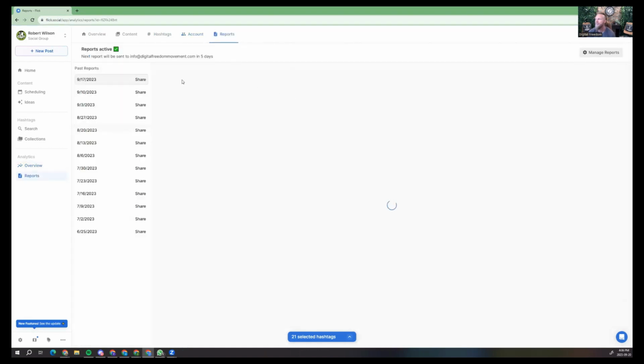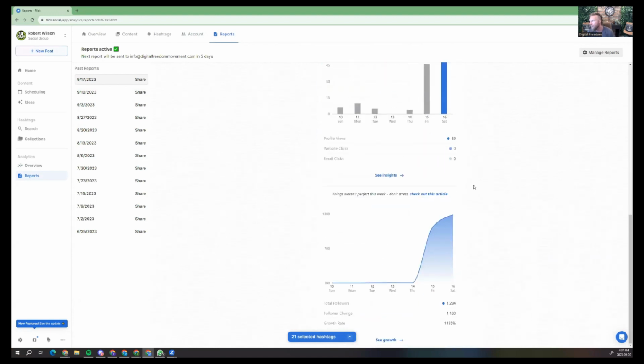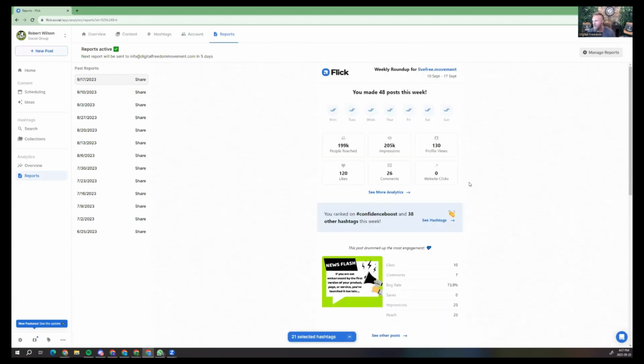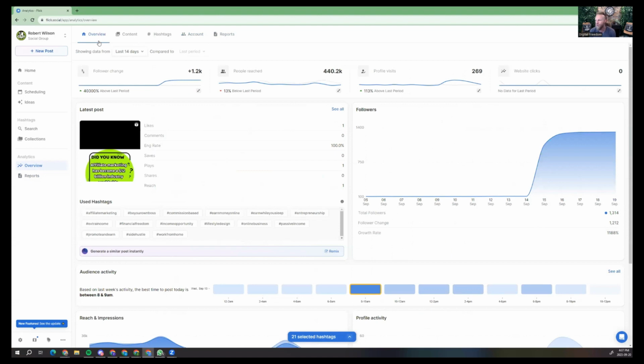But that's kind of how this works. And every week they can send you out a report on this. So if you have business partners to show and to go over, this is a great report where it's going to be able to go over all the things that are going on, kind of how your account's going. As you can see, this is a brand new account and it's just starting to go up for us. But anyways, that is how this tool works.